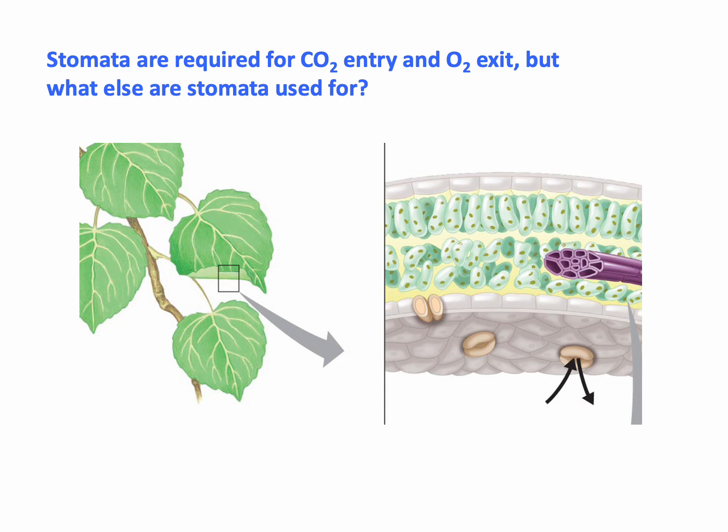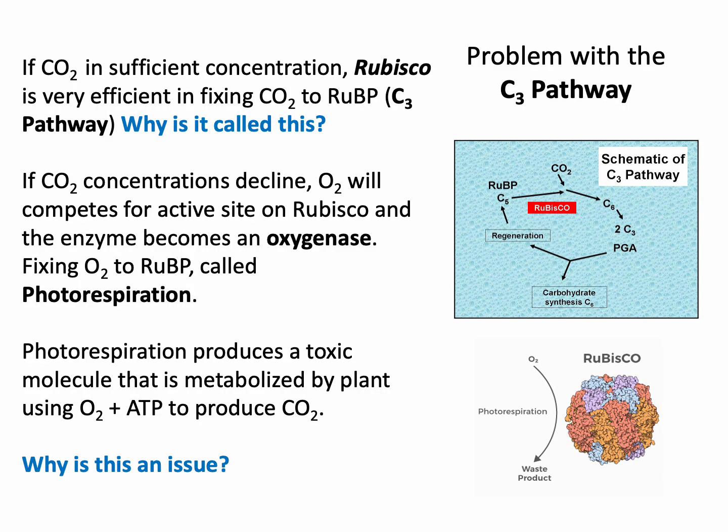Gases are going in, carbon dioxide is going in, oxygen is leaving through this thing, right? And any gas will go in and out of these things. They're basically just openings to the interior of the leaf. So what other sort of things might be going in and out of there? Well, the big one is water. So water can present a challenge, but before we get to that, I want to talk a little bit about